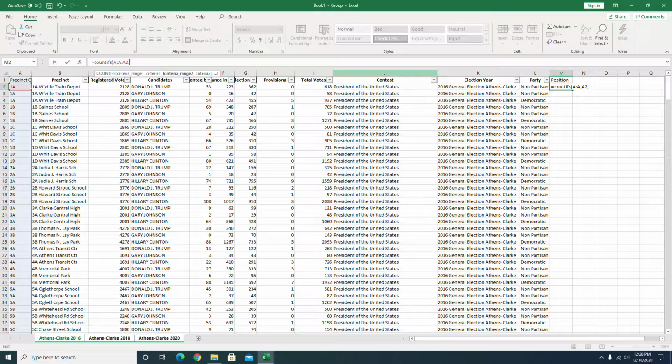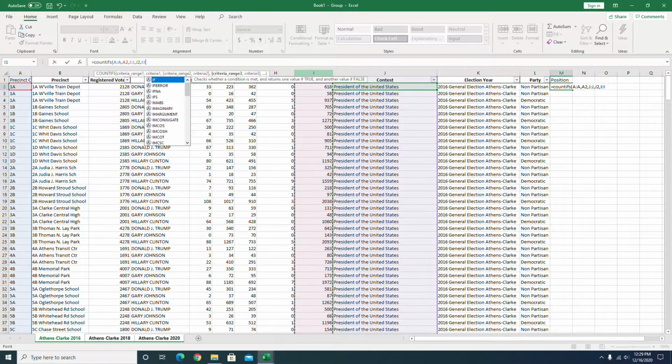Criteria range 2 would be the contest, or column J, and the adjacent cell would be J2, and we want to look at the difference in vote total, so